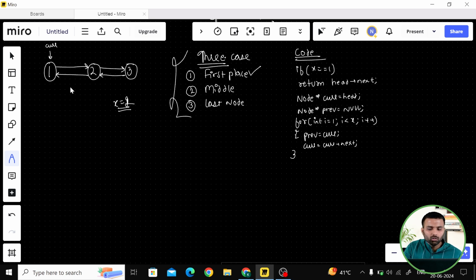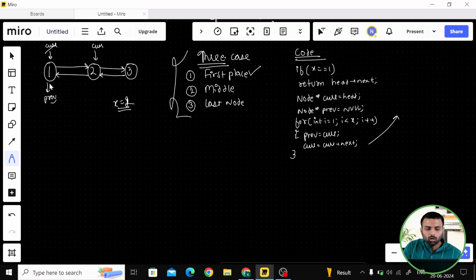Let's do this. If i equal to 1, yes, it's satisfied because x is 2. Current will be here, and your previous will be here. Now i equal to 2, it's not satisfied. It means that when this for loop finishes, my current will point to the particular node which we have to delete. So I am stopping here. Now my main task is that this node should be crossed out, deleted. The rest of the code I have written here.